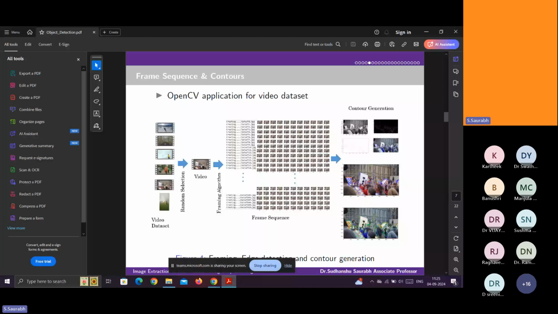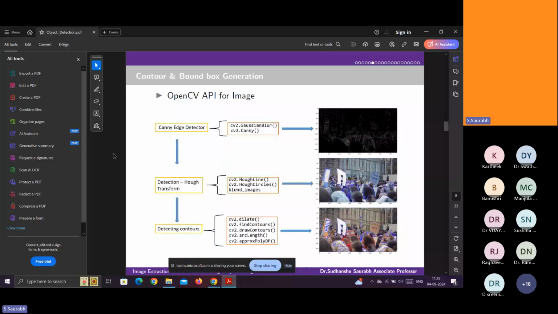Look at here, these techniques are very old, 45-year-old techniques: the Canny edge detection algorithm, and other algorithms are also there. You can apply any algorithm, apply the Hough transform, and then detect the contour. How to detect?